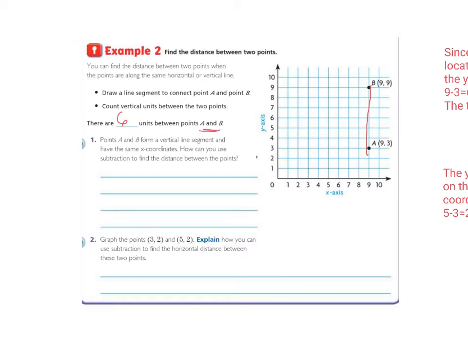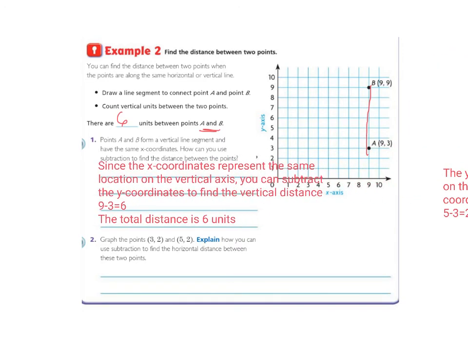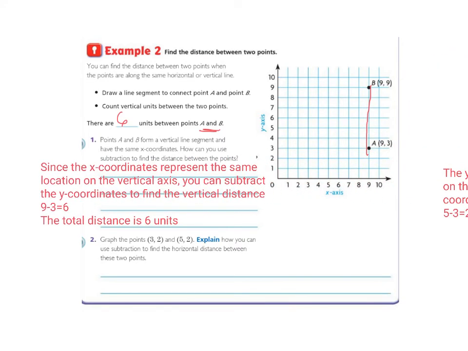So points A and B form a vertical segment and have the same x-coordinates. How can you use subtraction to find the distance between the points? Well, since the x-coordinate represents the same location on the vertical axis, you can subtract the y-coordinates and find the